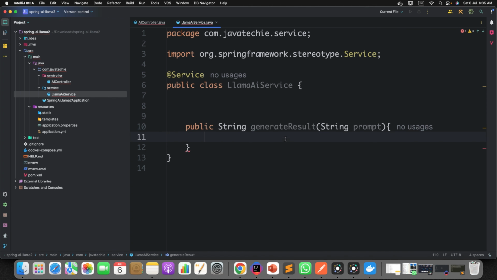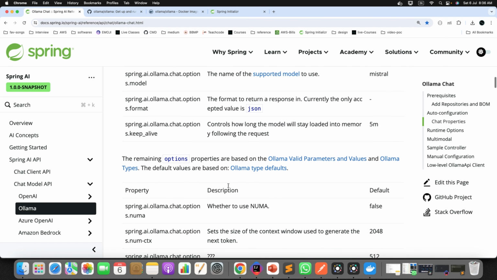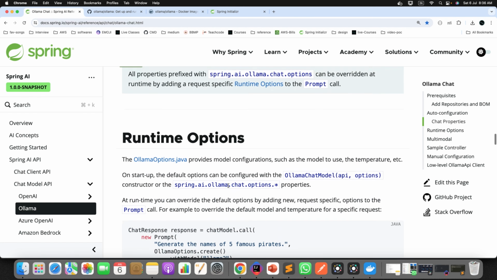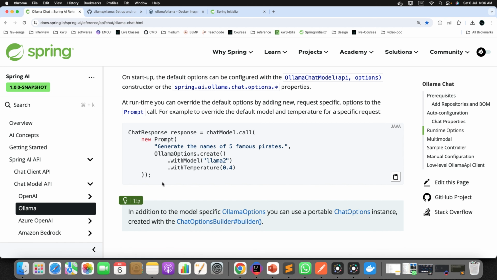Fine. Now how will my application talk to the Ollama container or Llama 2 model? I need a client, right? I can use the chat client, or I need some template that can connect to the Ollama container which is up and running. So for that you can go to the documentation. You can find the piece of code. You can use this particular model. Okay, this chat model. You can use that. So just copy this piece of code,